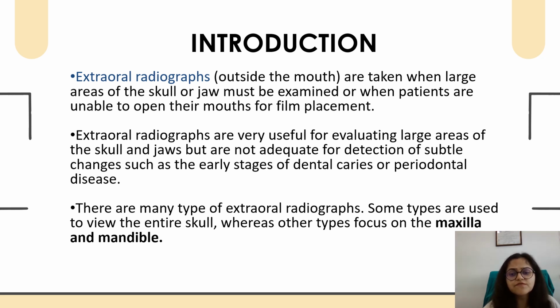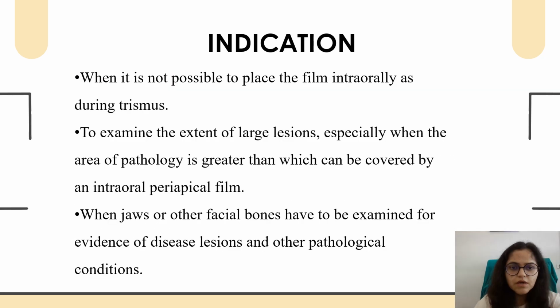There are many types of extraoral radiographs. Some types are used to view the entire skull, whereas other types focus on the maxilla or the mandible. So, if we talk about the indications of extraoral radiographs, we indicate these radiographs when it is not possible for a patient to open his mouth because of trismus, some type of gag reflex, or the patient is uncooperative, when the operator is not able to place the film intraorally because of the restricted mouth